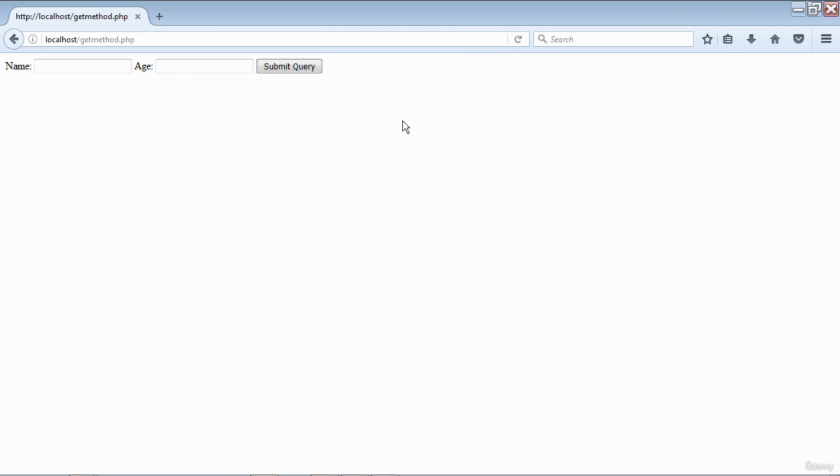The form is appearing with two text elements, name and age. I now enter some data and press the submit button. Now, as soon as I press the submit button, the query string will be formed. Name is equal to Anil, age is equal to 33, and that will be appended to this